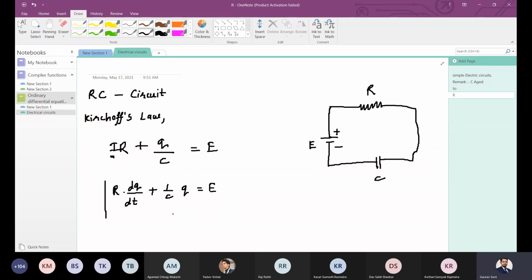So we have got a linear differential equation once again. The solution for this will be, from this, what we are going to get. If you solve this, what you will get? Charge at any time. Charge in terms of time. Okay. But if the question is find the current, then what we can do is